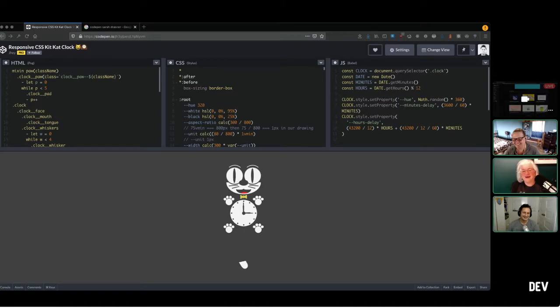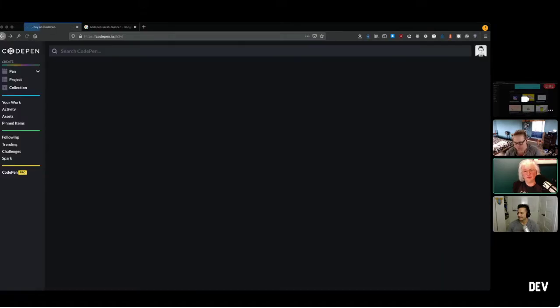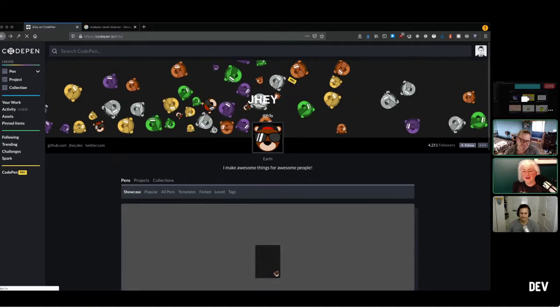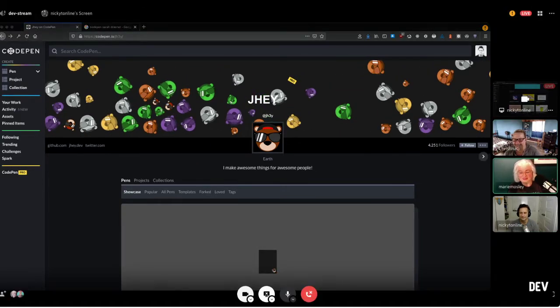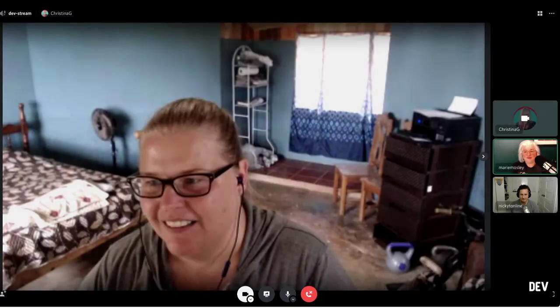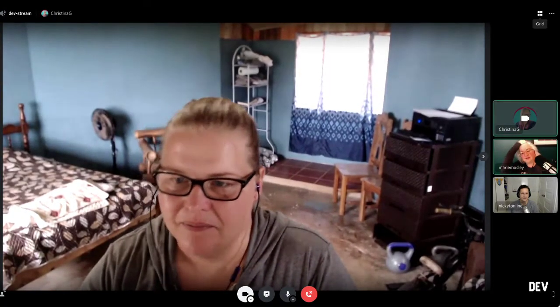Exactly. There's also a bit of an attitude when people make things with CSS where it's like, what's the point of doing this with CSS? And I will tell you what the point is. The point is to see what CSS can do. Having a mastery of CSS where you can bend it to your will and make cool things happen also means you can use it for practical purposes too.